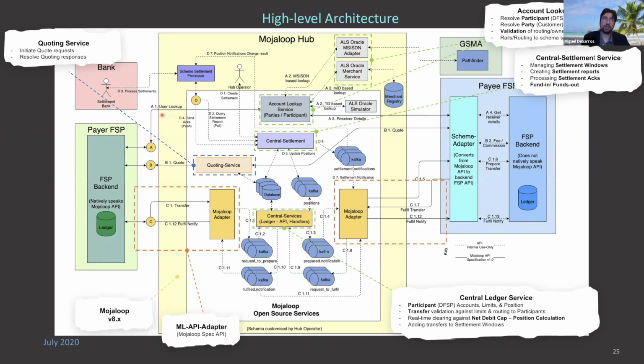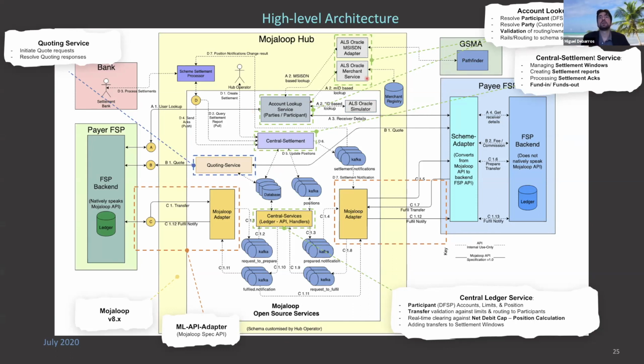So for example, the account lookup service, you can follow from A1, goes through to the account lookup service, and you can see A2 to do a MSISDN lookup, etc. And then the A3 to send the request to the payee participant, etc. So it's very much parallel to what you saw. It's just obviously not an interactive one, but it gives you a good oversight in terms of how the system